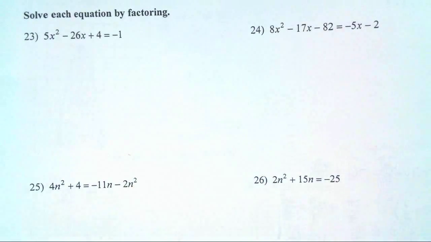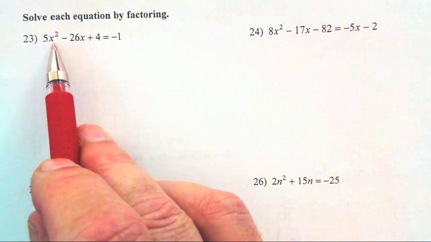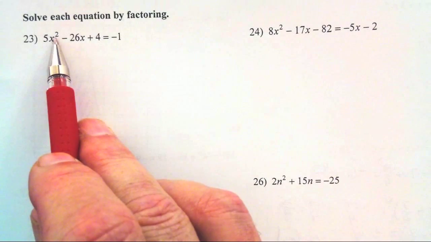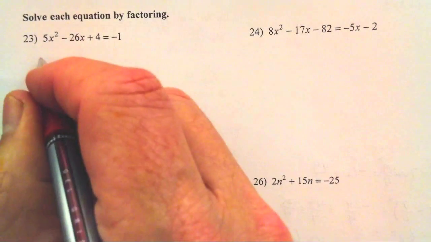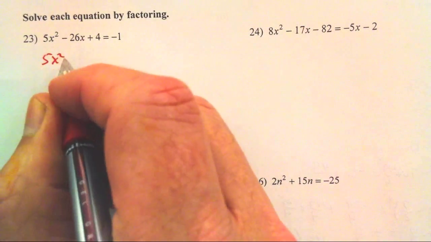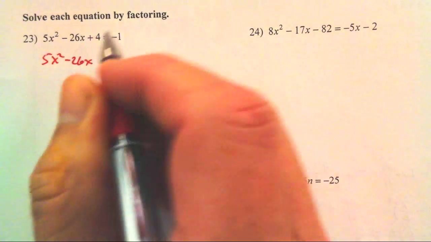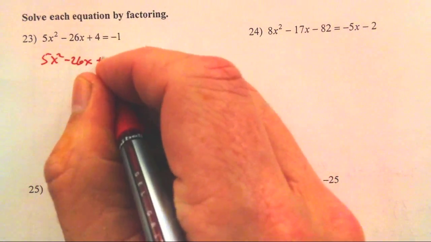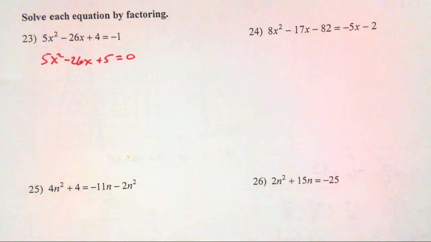So, to factor, these are quadratic equations. We got an x squared, that's our highest power. I want to get everything to one side. 5x squared I'm going to leave, minus 26x I'm going to leave. I'm going to add 1 to both sides, plus 5 equals 0. So once we're on one side,